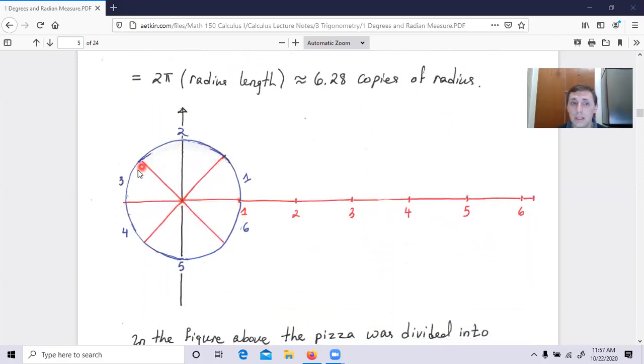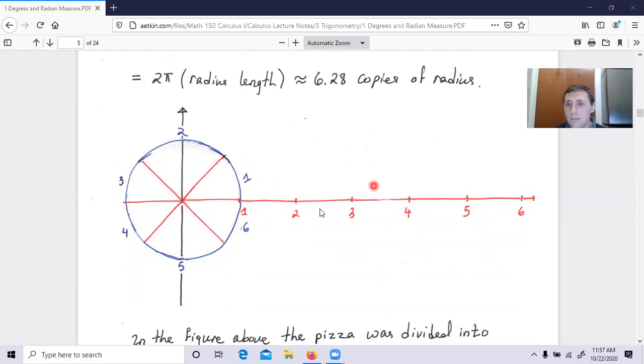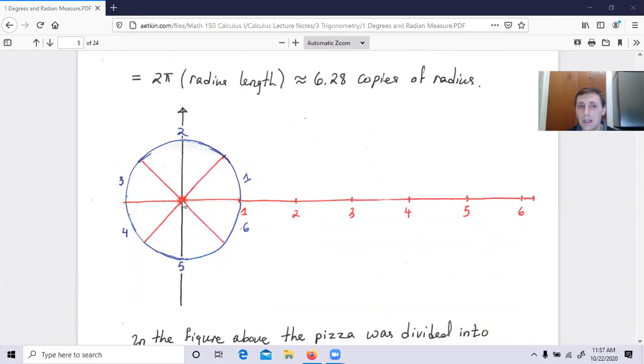You see, this is the crust of a pizza, and I divided it roughly into 6 parts. So what is 1 radian, guys? The 1 radian is like 1 radius. Here is 1 radius, here is another radius, here's another, here's another. So basically, when I lay them down on the x-axis, I get this. Do you see this? I get this red piece,